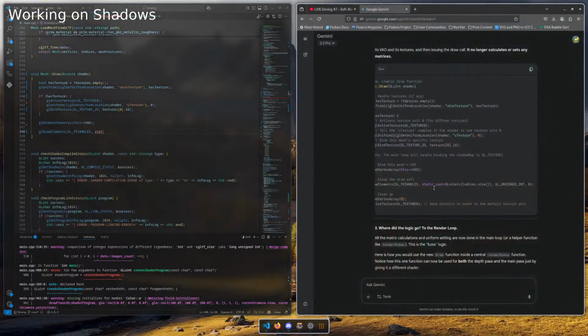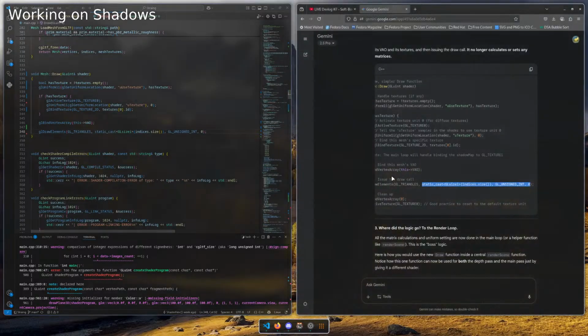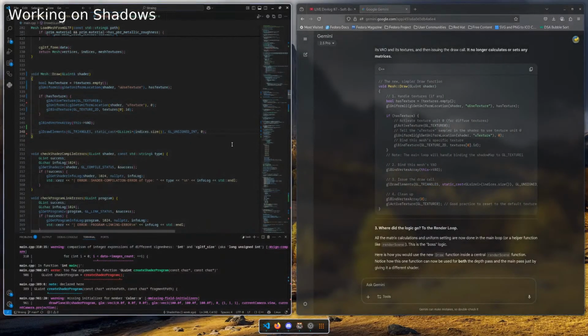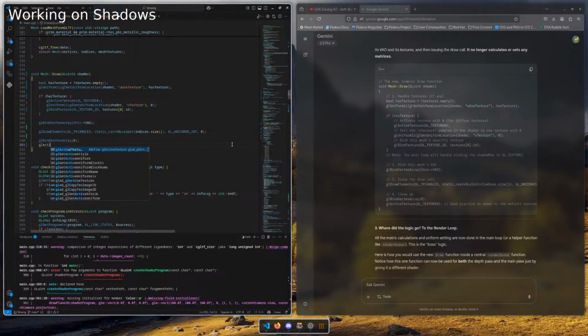Damn, I just copied this thing. Sorry, but I have to do it. Then we clean up. GL vertex array to 0 and GL texture 0.